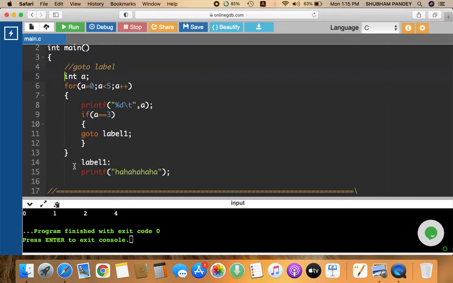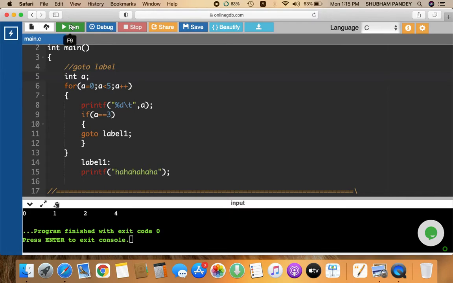Label 1 is mentioned here, and it is going to print this statement. As soon as it finds goto, it directly searches for the label, executes the statement given in label 1, and further executes all the statements provided after it.